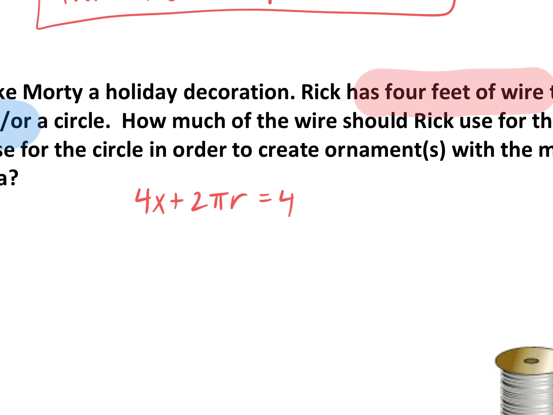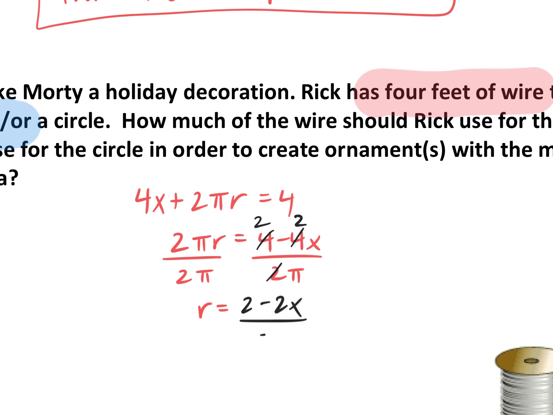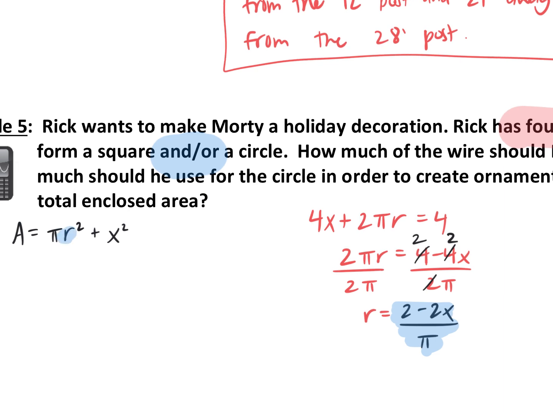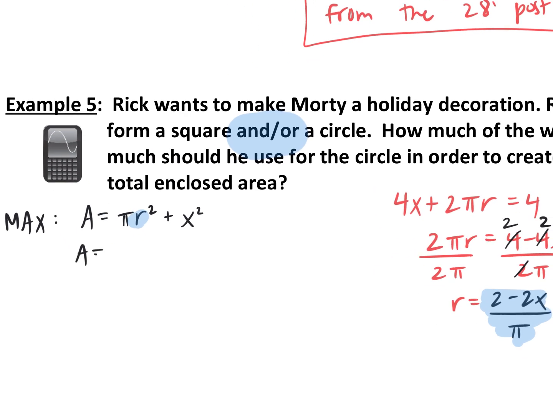So I'm going to solve this for r. So I've got 2 pi r equals 4 minus 4x, divide by 2 pi, and I get r equals, I'm going to go ahead and simplify this, divide all these by 2. So I get 2 minus 2x over pi. So now that I have my value for r, I'm going to take this and plug it into my formula over here. Okay, so I've got my area formula is pi times (2 minus 2x over pi)